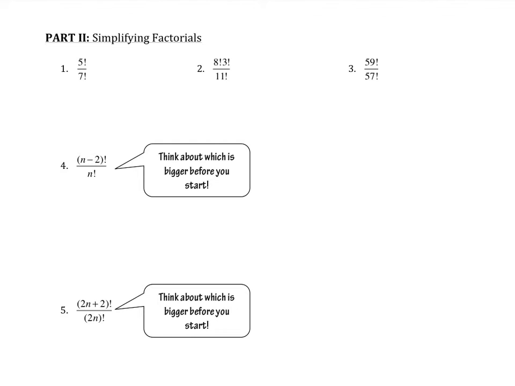All right, so if you take a look at number 1, we have 5 factorial over 7 factorial. Really that's 5 times 4 times 3 times 2 times 1, over 7 factorial, which is 7 times 6 times 5 times 4 times 3 times 2 times 1. And we notice what's going to happen here. These 5s are going to cancel, the 4s are going to cancel, the 3s and the 2s and the 1s